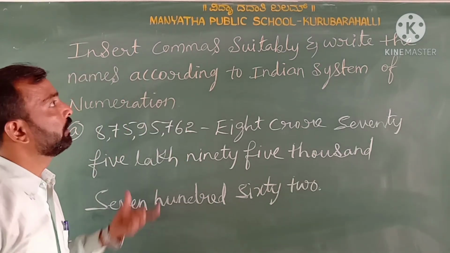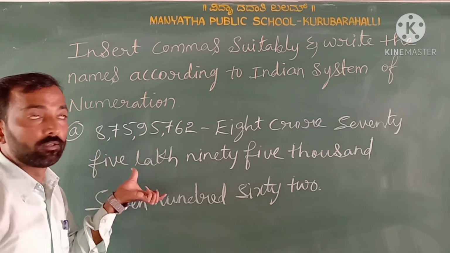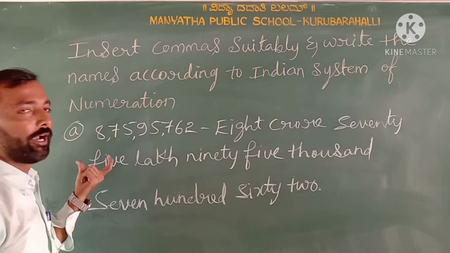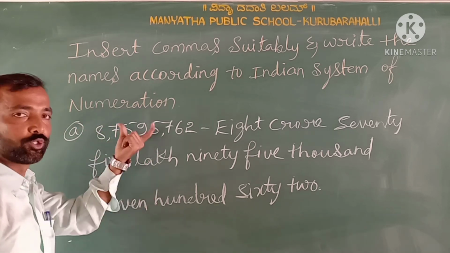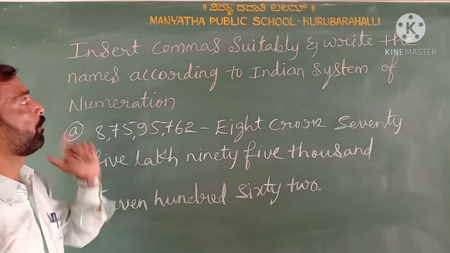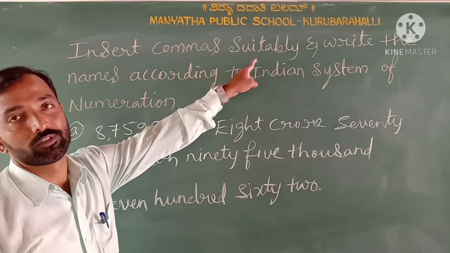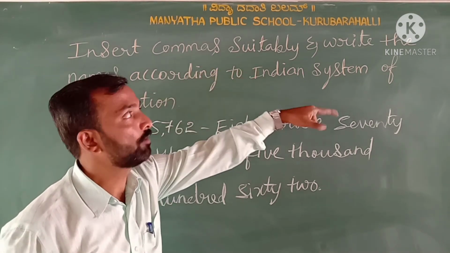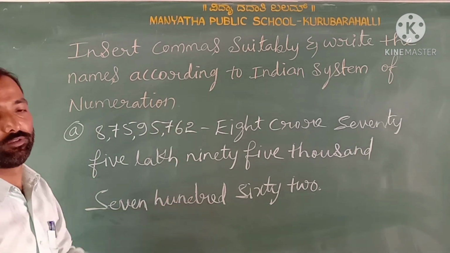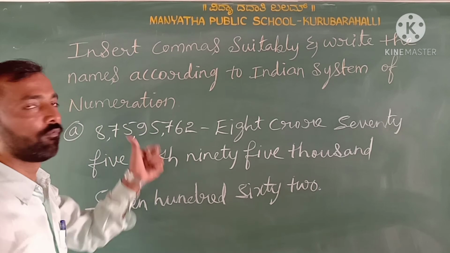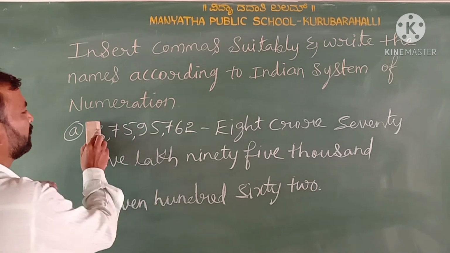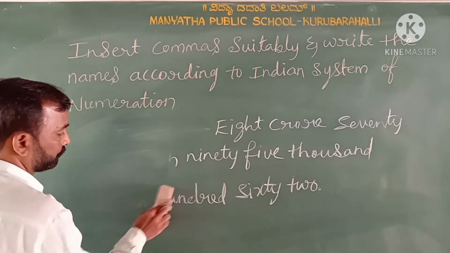It's very simple. Here maybe a 2 mark question will be asked. Same question. Here they will give two numbers or maybe one number. Here just to clarify, first what you do, put commas according to Indian system. Later you can write the names. It is the answer. Okay. Now one more example for the same problem. I hope you understand this one. It's very simple.